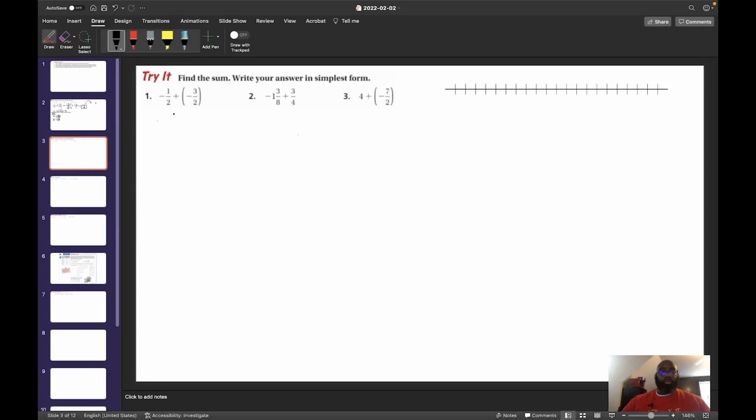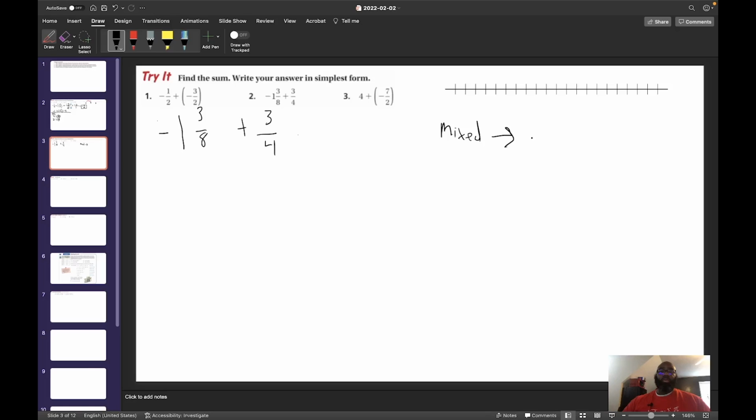All right, number 2 says -1 3/8 plus 3/4. First thing to notice is this is a mixed fraction. So we need to convert this mixed fraction to an improper fraction. The way you convert a mixed fraction to an improper fraction, let's say